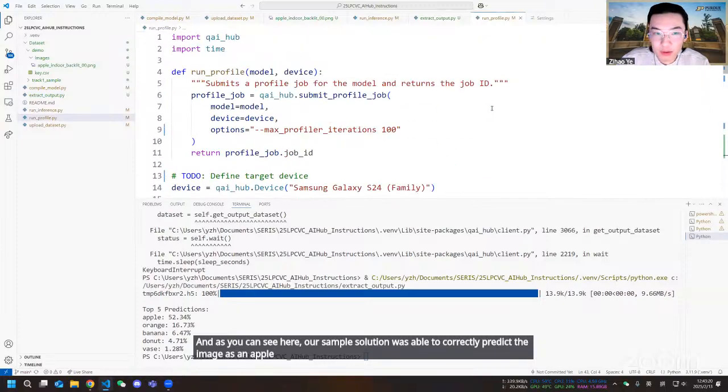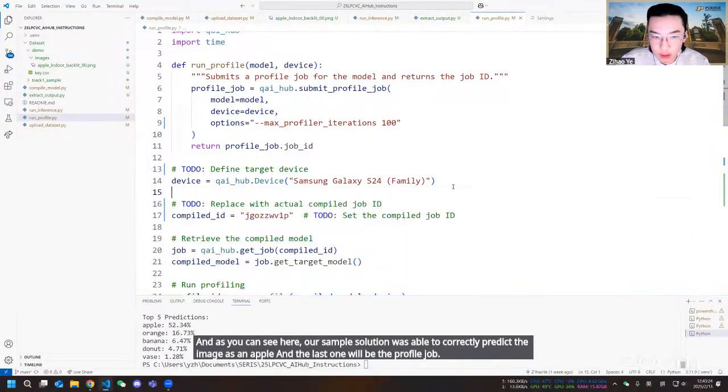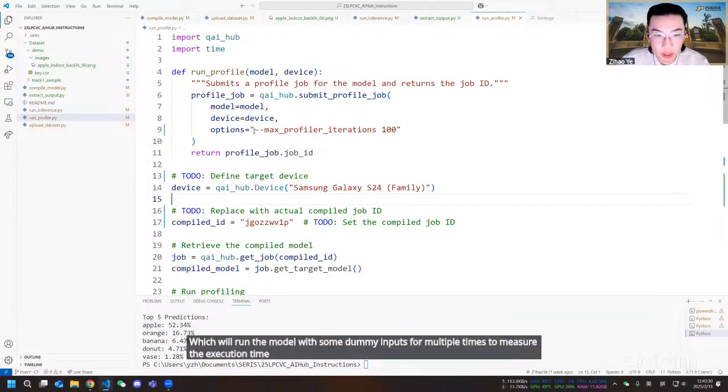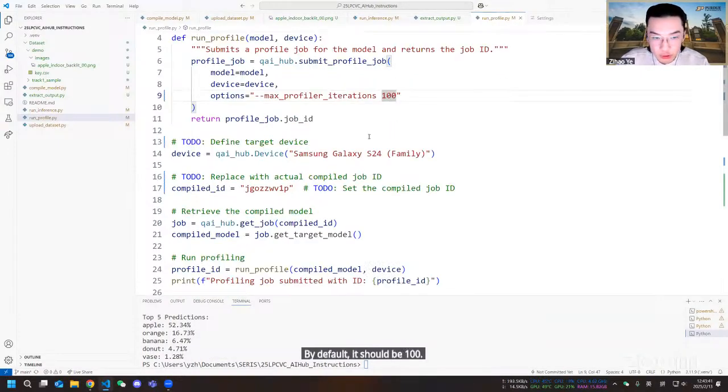And the last one will be the profile job, which will run the model with some dummy inputs multiple times to measure the execution time. As you can see here, there's an option you can change. This is how many times it's going to run your model. By default, it should be 100. There are two to-dos here.